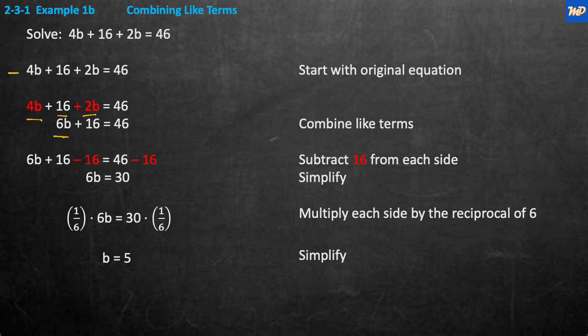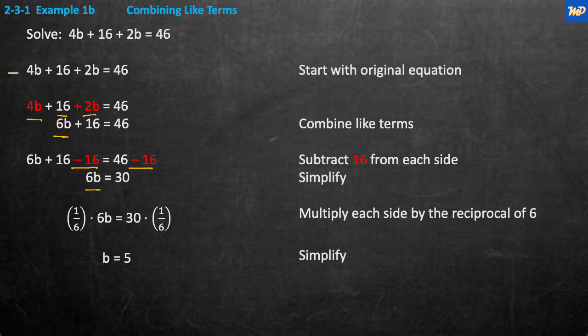And then when we do that, we're going to do that 16 on both sides. So here it is on the left. Here it is on the right. Whatever you do on one side, you must do it on the other. And when you do that, you're going to now simplify, and you're going to get 6b is equal to 46 minus 16, which is